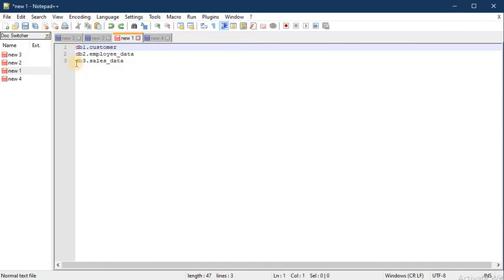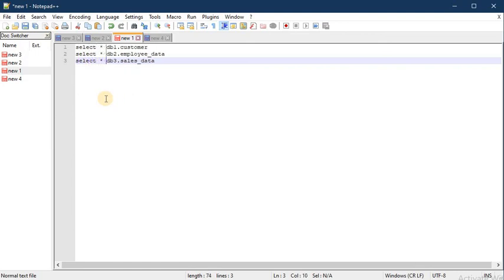Here I have to insert select star from in all the rows, so just click at the start, go to the end and just write. You can see we have written the same statement in all the rows, correct? This is very useful when we want to insert the same data in multiple rows at the same position.